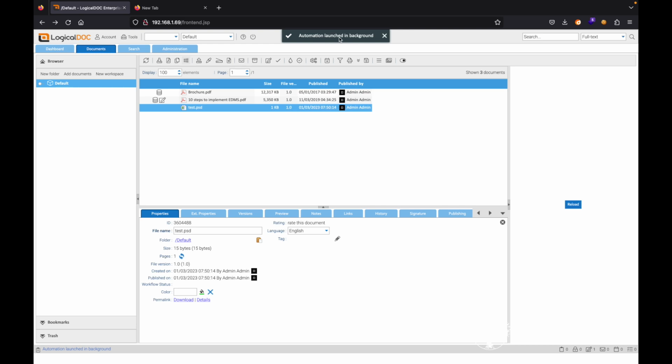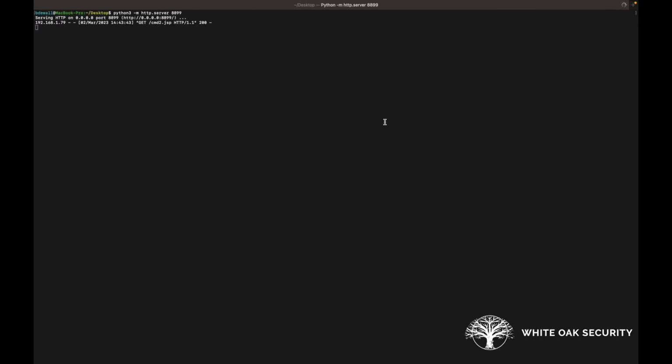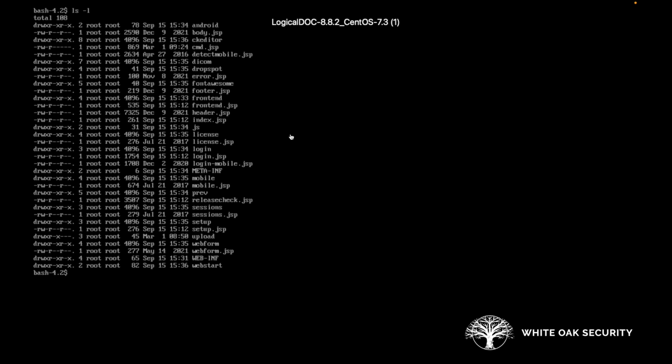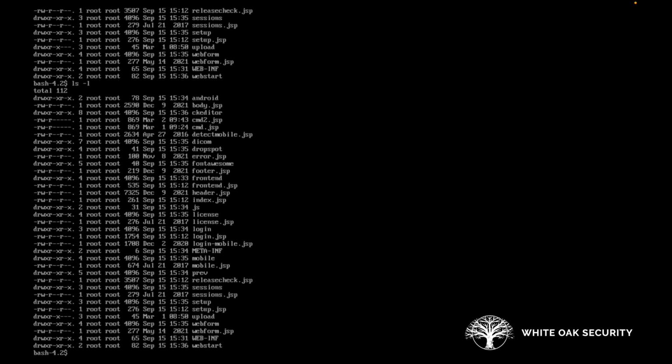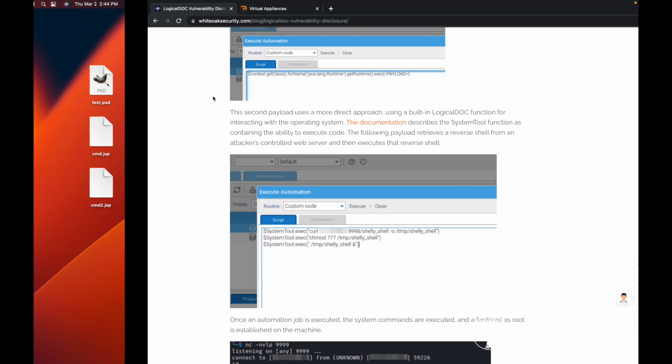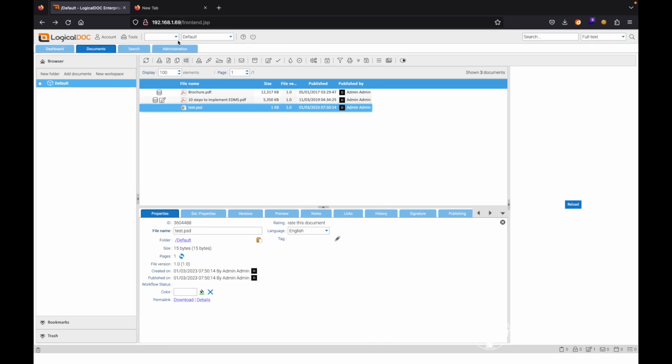We can see that automation launched in the background. Now if we go back over to our web server, we can see that there was a GET request to that cmd2.jsp. Now if we do a list directory within this web root again, we can now see that cmd2.jsp is there as well. So now if we wanted to take a look and actually go out to that web